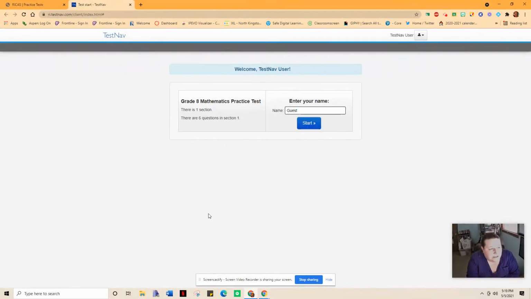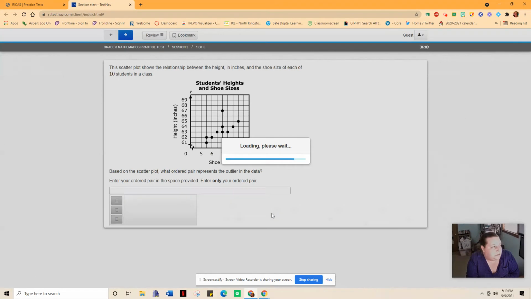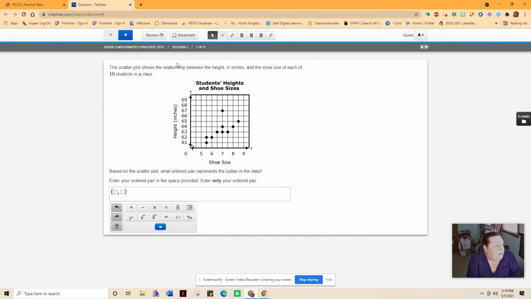Okay, so for some reason it's not letting me get to the computer one where you have the calculator. So I'm just going to go back to session 1, which we looked at. And, oh no, this is session 2. Okay, I don't know why it's saying session 1. I apologize. So session 2, now whether you're in 7th or 8th grade, you might have text boxes you have